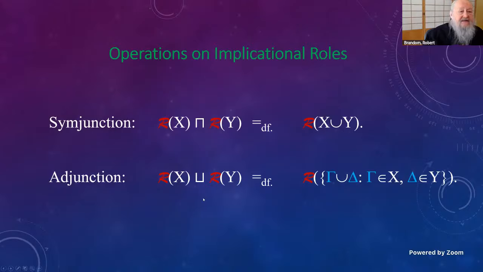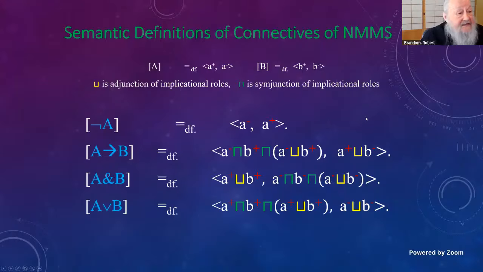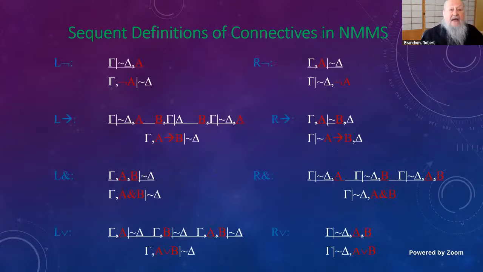The details of these definitions don't matter much, conceptually. The details obviously do. We're operating on implicational roles to determine further implicational roles in aid of operating on the representations of sentences to get the representations of other sentences. And here, let me just plunk down as a deus ex machina, this set of semantic definitions in terms of ranges of subjunctive robustness and implicational roles. This set of semantic definitions is sound and complete as a semantics for NMMS and its